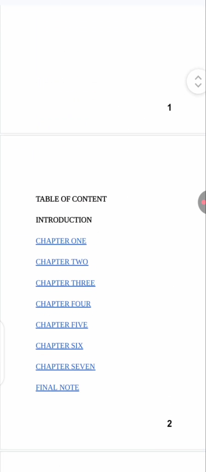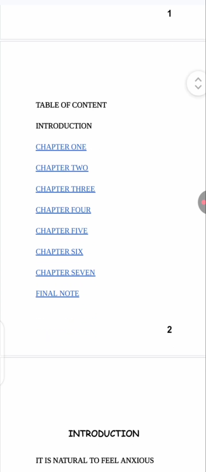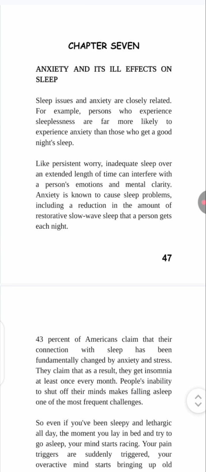This is a table of content here, and you can see this table of content has chapter 7. This ebook in total has 7 chapters. And let me say that I don't want to read chapter 1. I don't want to read chapter 2. I want to move straight to chapter 7. Then see what I will do here. I'll click on chapter 7. Look at it. It has taken me straight to the page that contains chapter 7. So this is exactly what I want to show you here: how to add a clickable table of content to your ebook.